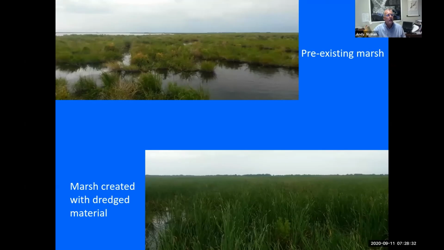This is another of the 4 sites we worked at. Here's a pre-existing marsh. You can see pretty easy. You're going to come into fish habitat fairly quickly in this marsh, no matter where you are out there. Here's a created marsh. This one had fish habitat throughout it, but I want you to notice this is not